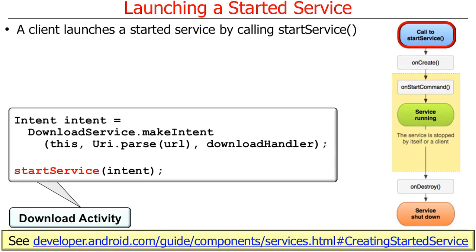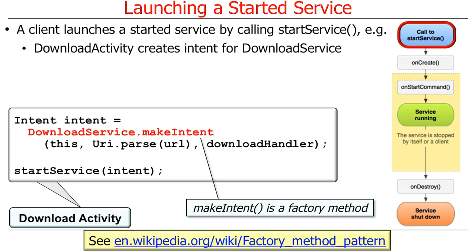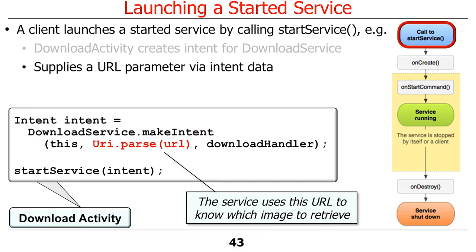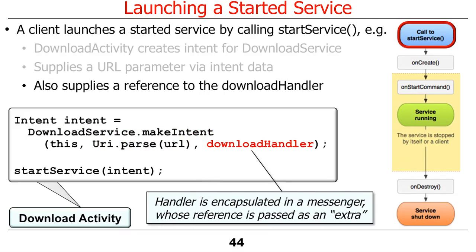A client launches a started service by calling start service, as we see here in this code snippet. In this particular example, the download activity will create an intent to launch the download service by invoking the makeIntent factory method that's part of the download service class. This factory method is passed the URL, which is where we're going to receive the image. It's also passed a download handler, which is going to be encapsulated in a messenger by the makeIntent method,